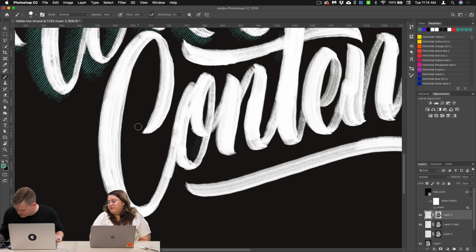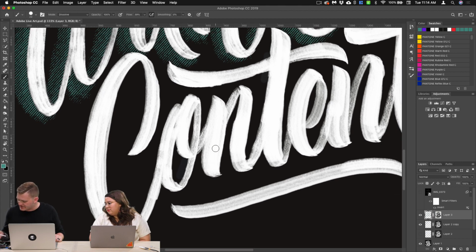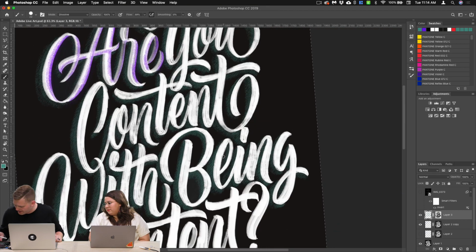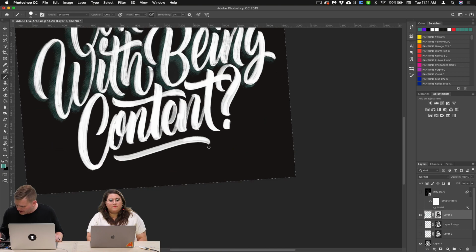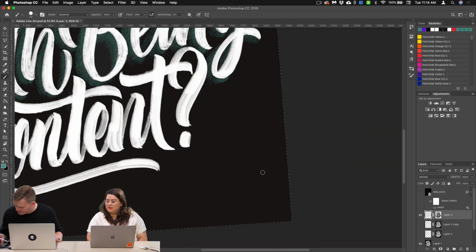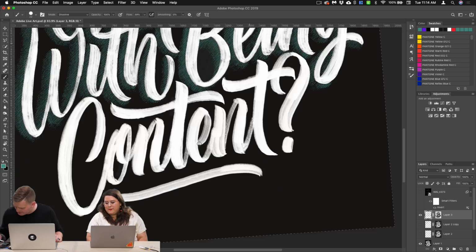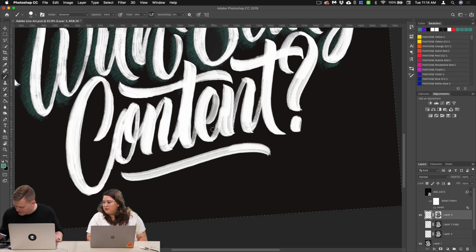Okay. So for the last 10 minutes, I'm gonna try and finish this little thing. Actually, you know what I'm gonna do? I'm gonna hide that purple halftone right now. But what I'm gonna do is finish content, because I think that's all I got left here. Oh, we got 10 minutes? Yeah, okay. So I'm gonna do that so we can get a look at this particular solution on